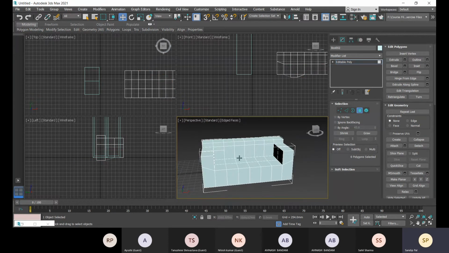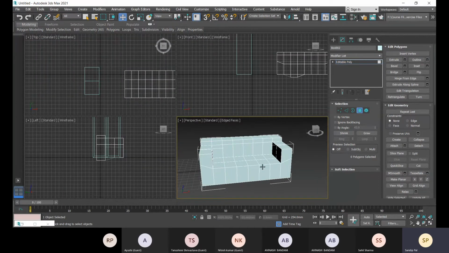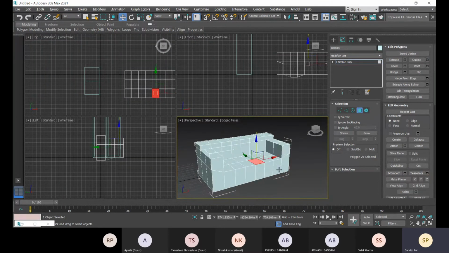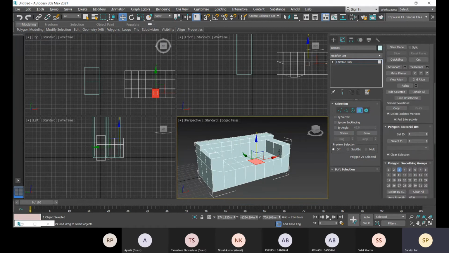Okay, so now let's go to the material editor, and there we will place this multi-sub object. So this multi-sub object is there. So now you know what to do. Before that, you can check what the material ID is for each face. Okay, so this is 1, and this is 1 also.